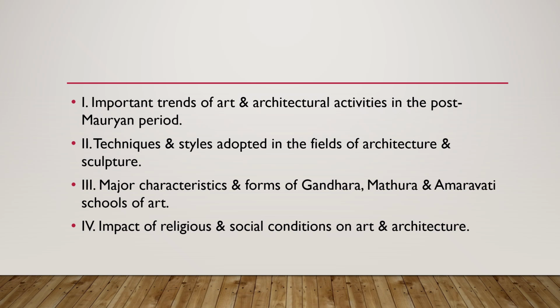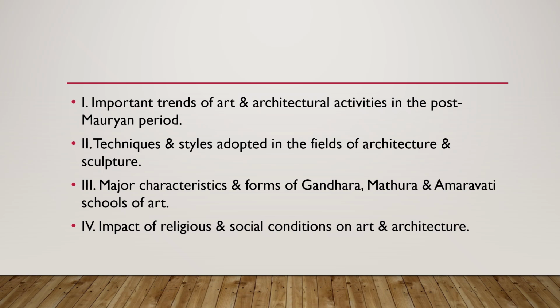So, in this presentation, we will talk about the important trends of art and architecture in the post Mauryan period, the techniques and styles adopted in the fields of architecture and sculpture, major characteristics and forms of the Gandhara, Mathura, and Amravati schools of art. And finally, we will also deal with the impact of religious and social conditions on art and architecture of this